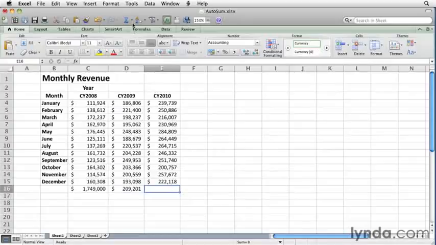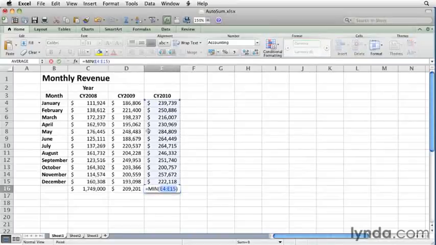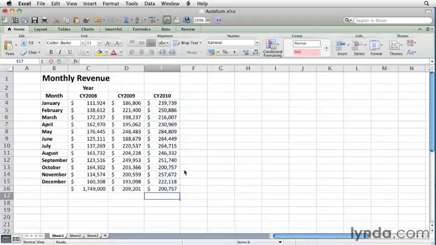I can click the AutoSum button's down arrow, and I can either select any of these items, or if I want to select another function, I can go to the function library by clicking more functions. In this case, I will just find the minimum value, or the lowest value, by clicking min. I have min, E4 through E15, press return, and I see that the lowest value